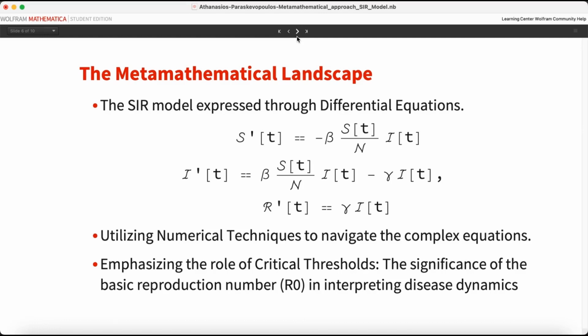The model makes some basic guesses. It assumes everyone has the same chance of getting sick, and once they are sick, they have the same chance of getting better. It also thinks that the total number of people doesn't change, but in real life, things are not always that simple.